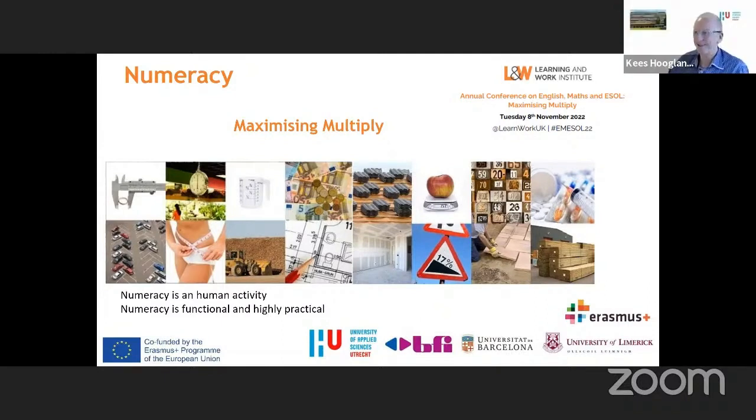Great to be here. I consider it a big honor to be invited to share some ideas and some experience we have in the Netherlands and in a lot of partner countries with our work on numeracy. We basically work on numeracy, and we really like to share some ideas and some developments with this audience. It was very interesting, of course, to see the theme of your annual conference, Maximizing Multiply. That's immediately a very interesting numeracy statement, I think. And it made me think about how that exactly works, but that's very interesting.